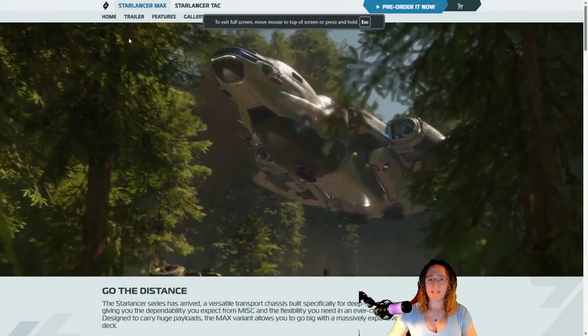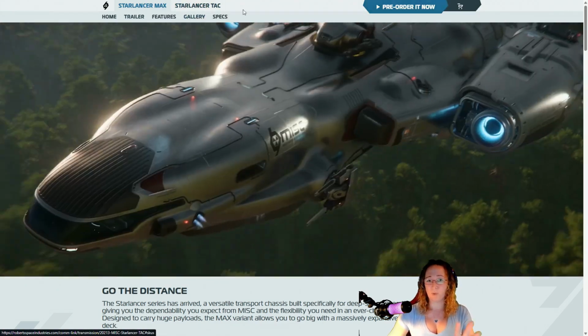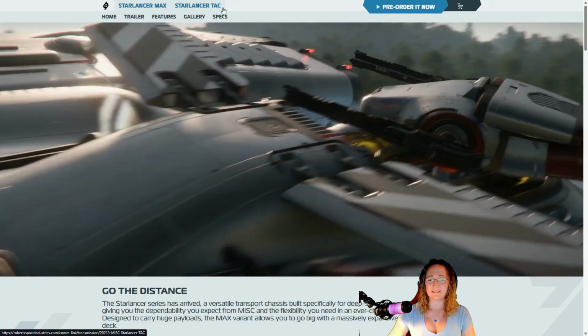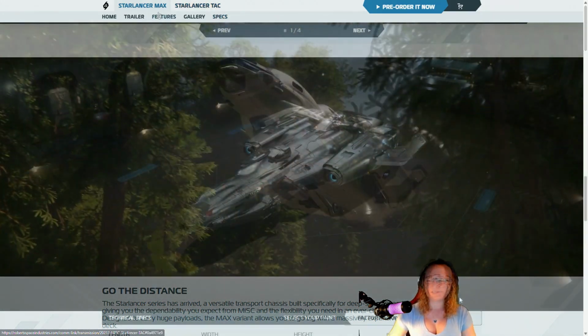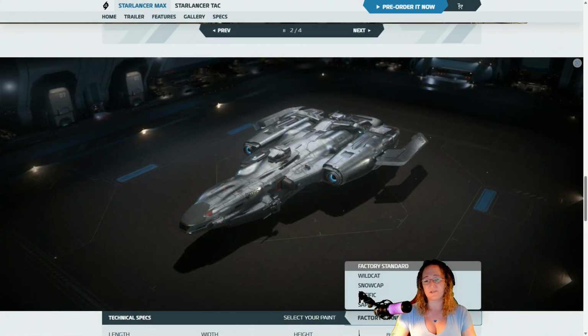On RSI's website, you can see here that they have the option to pre-order both ships, STARLANCER MAX and TAC. The BLD is not available at this time, so if you go looking for that, just know you're not going to find it. These STARLANCERs have several paint options. You've got the factory standard, which I believe is the MISC factory, just a bare metal look,